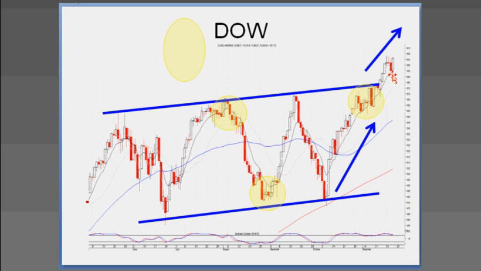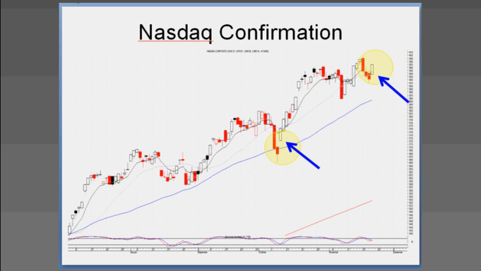Now, this is kind of small, but yesterday the Dow closed right about on the T-line, and today it opened and traded higher, which told us the T-line was still going to act as support. At the same time, the NASDAQ, which had been trading below the T-line, did a kicker type signal back up above the T-line today, which tells us there's going to be more upside. So we can be holding our long positions or adding to our long positions with a lot more confidence, even though we're well up in the overbought condition. And notice back here on this reversal, we had a little kicker signal in the NASDAQ, which told us we were probably in a good uptrend after that point.